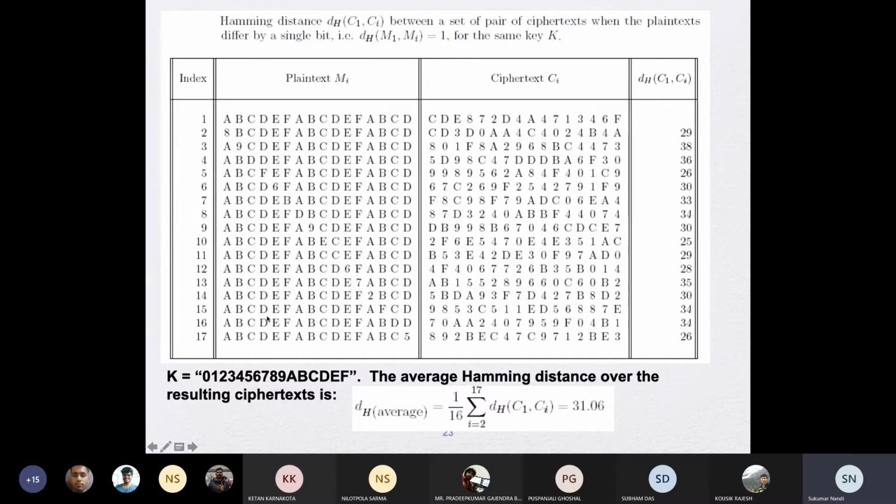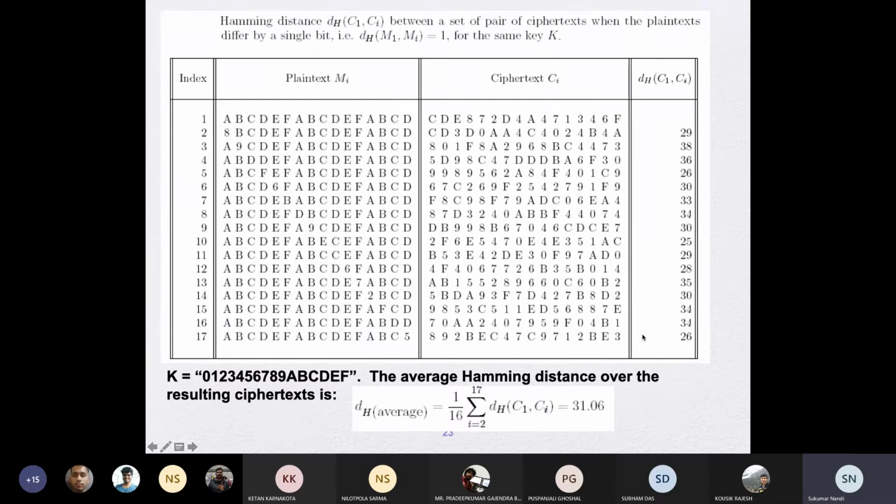Similarly, if you look in the second column, with respect to the first entry, the rest of the entries differ by 1 bit. And the ciphertext is shown in the third column, and the Hamming distance at the output between the two ciphers comes to this.